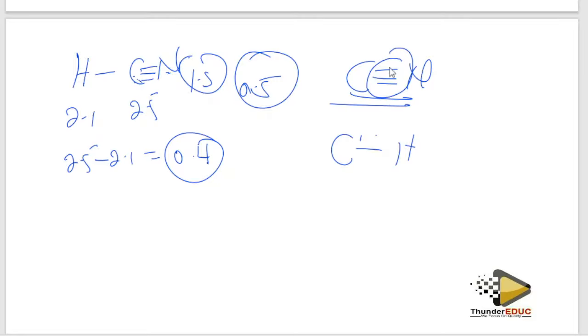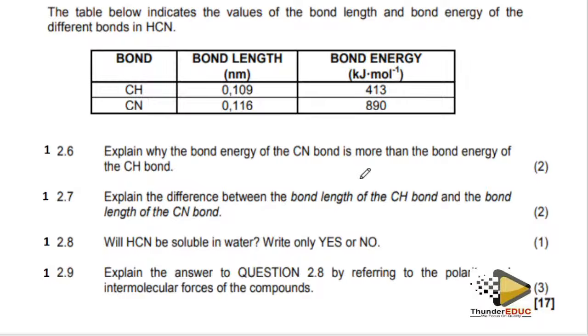So here, this one, there are more bonds. It's going to become a bit short, and then it's going to become stronger. This one is 1 bond. It means that it's a little bit longer, and then it becomes weaker. Hence, the bond energy for this is going to be higher than the bond energy here. Please don't go without knowing that.